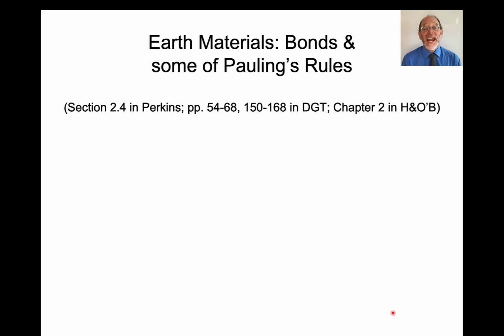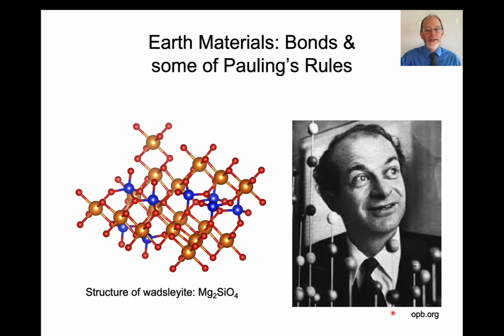Hi. Today we're going to talk about bonds between atoms, and we're also going to talk about some of Pauling's rules. So the question becomes, what is it that defines the character of these interactions between this atom and this atom, or this atom and this atom? All of this goes back largely to a fellow, Linus Pauling, who received the Nobel Prize for his work in